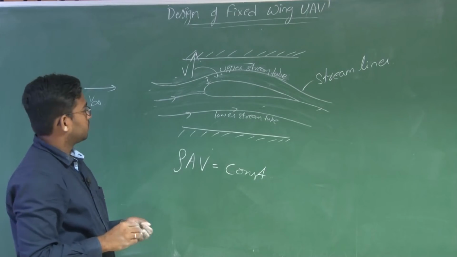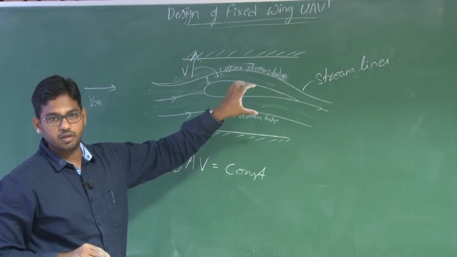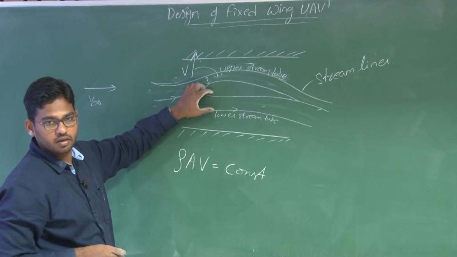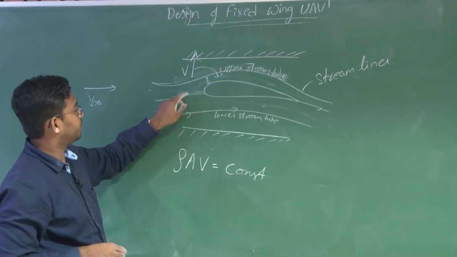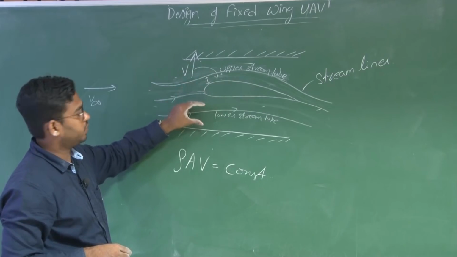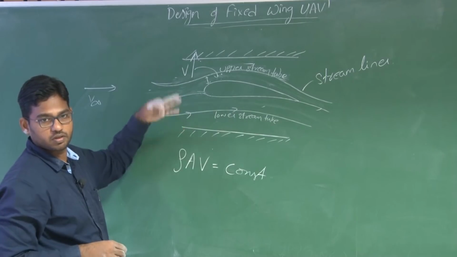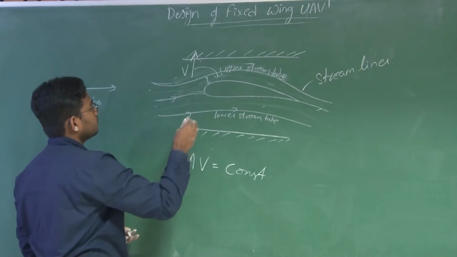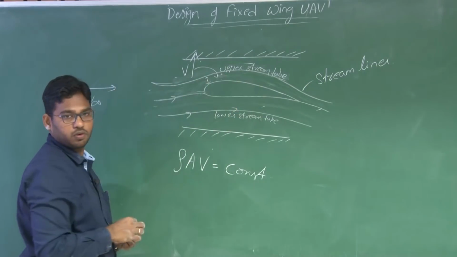At the same time, if you have a symmetric aerofoil, you have equal thickness distribution, which has a similar reduction in cross-sectional area on either side. If you have a cambered aerofoil, you have a greater reduction in cross-sectional area of the stream tube above, and when you have a symmetric aerofoil, you have equal reduction in area above and below the chord line. Now, this will accelerate the flow above the surface.